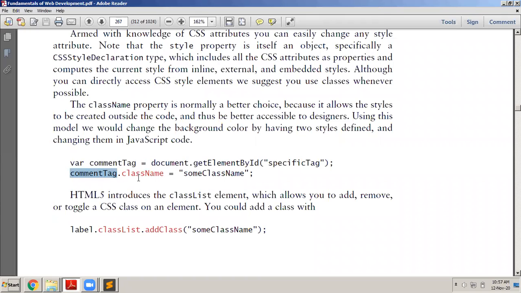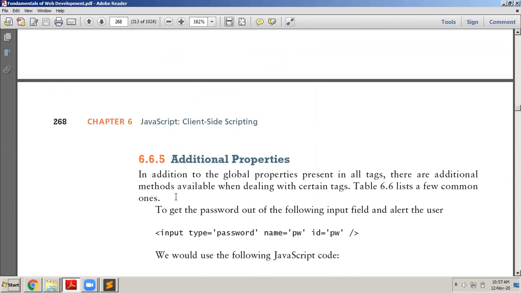When I assign this class name, automatically the style that is defined in that class will be applied to that tag. So it is possible to apply some different style which is defined in a class dynamically using the className property. To a particular tag, I can assign the style which is defined in a class by using the className property. Okay, that is all there.